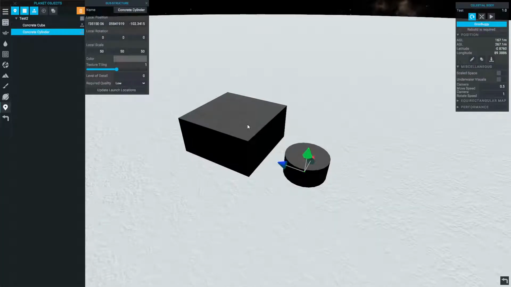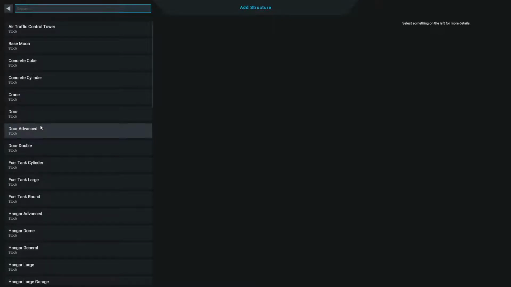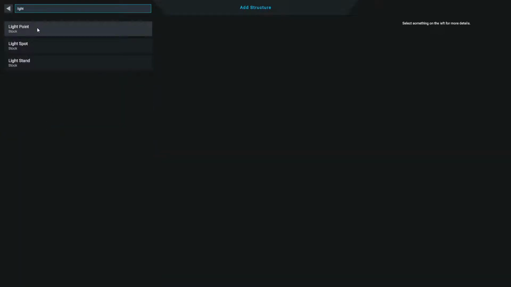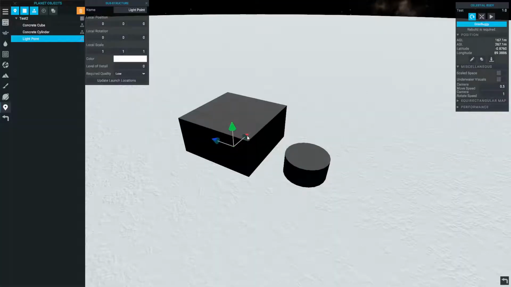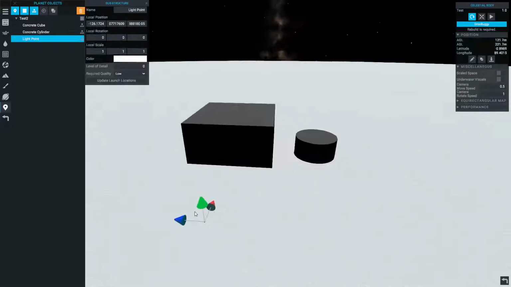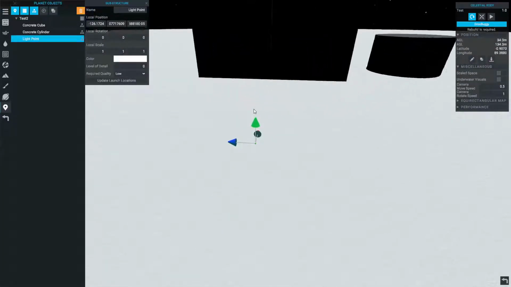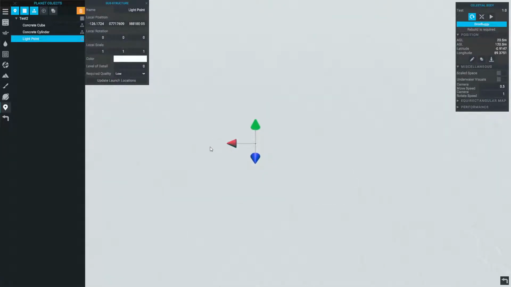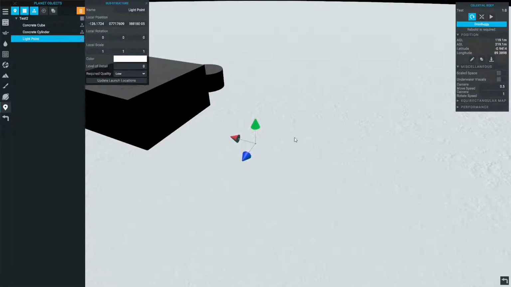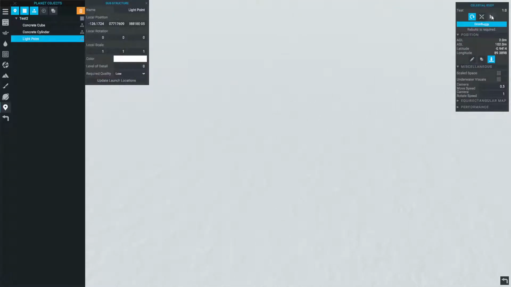In addition to these primitives and detailed models, there is one further type of component. These are the light point and light stand components. The first thing that you'll notice is there's nothing to be seen with these. They are effectively empty. However, if we add this and then launch a craft in, remember snapping the camera to the ground and then launching,